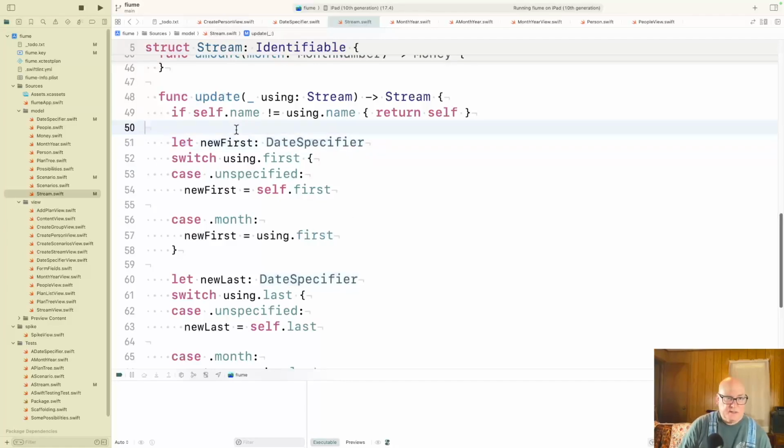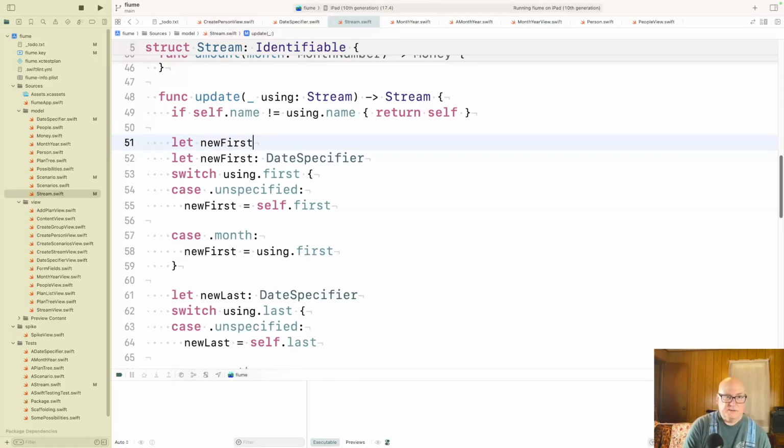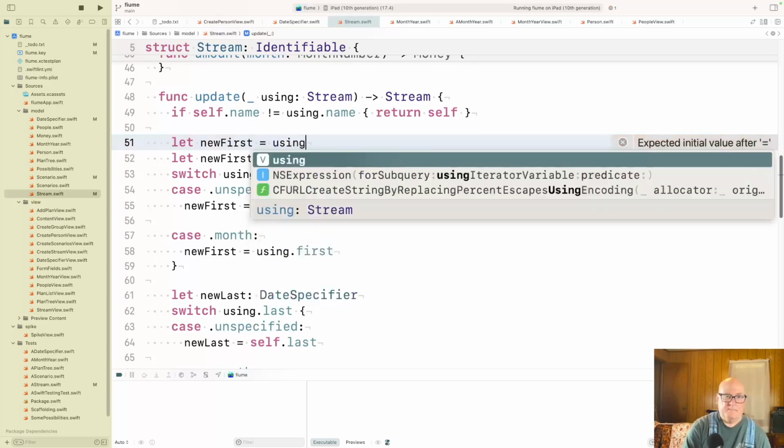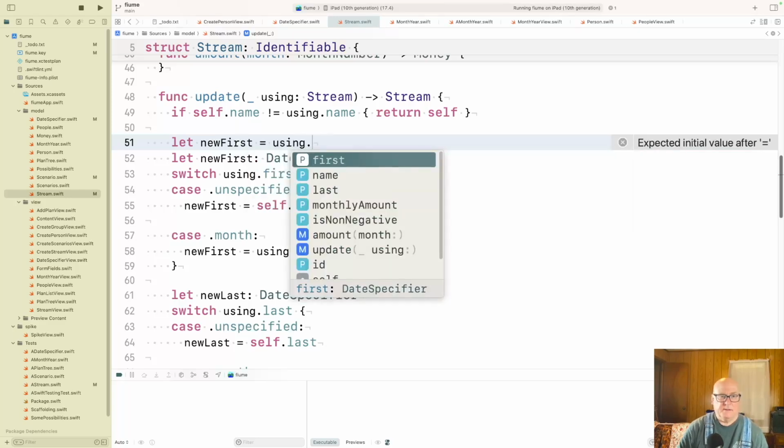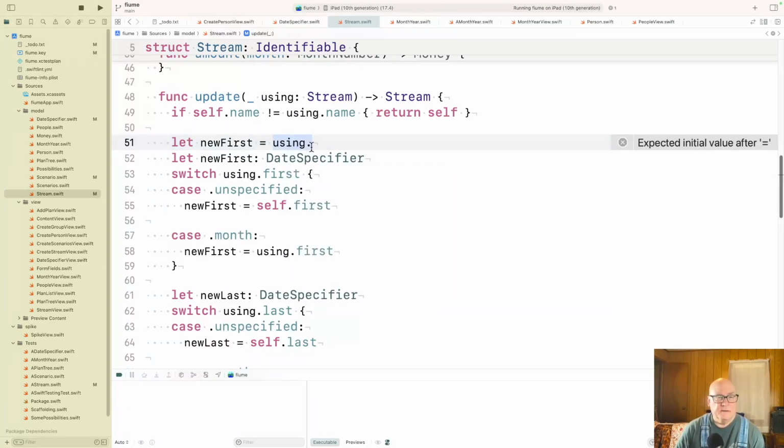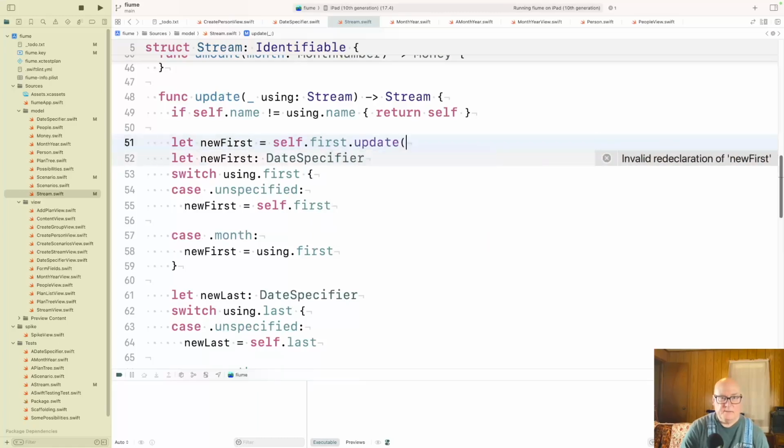So I should be able to say let new first equal using dot, no. I guess I want self dot first update with using, using dot first. That sounds awkward.